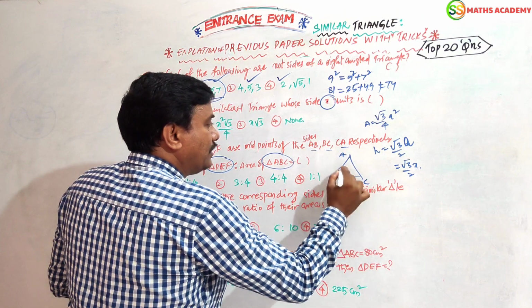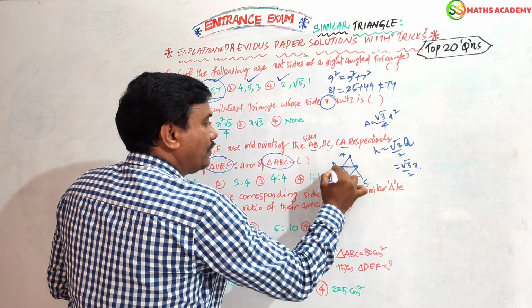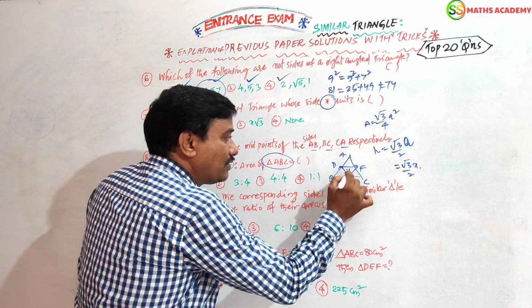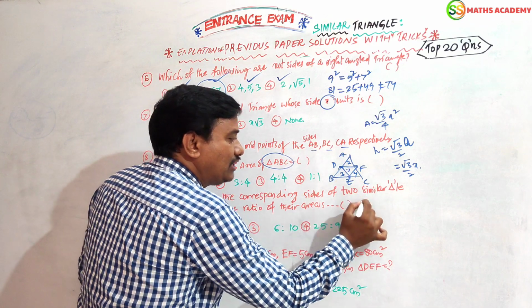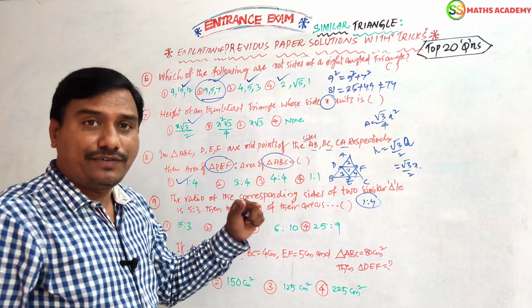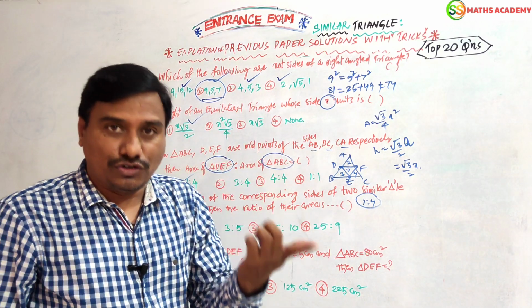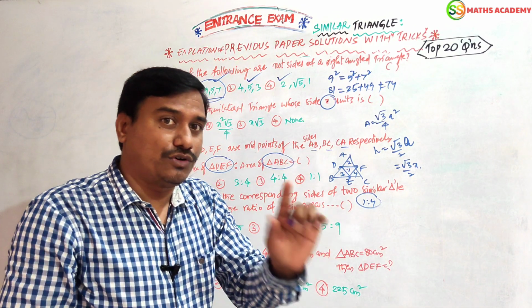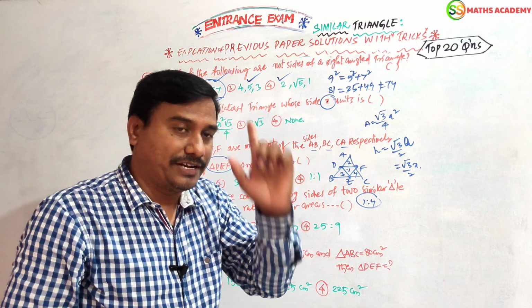ABC, DEF. You see, this is a small one. 1, 2, 3, 4. 1:4. Finish. Suppose ABC is given first, go with 4:1. ABC given first, you can go with 4:1. DEF to ABC is 1:4, ABC to DEF is 4:1. Keep that in your mind.